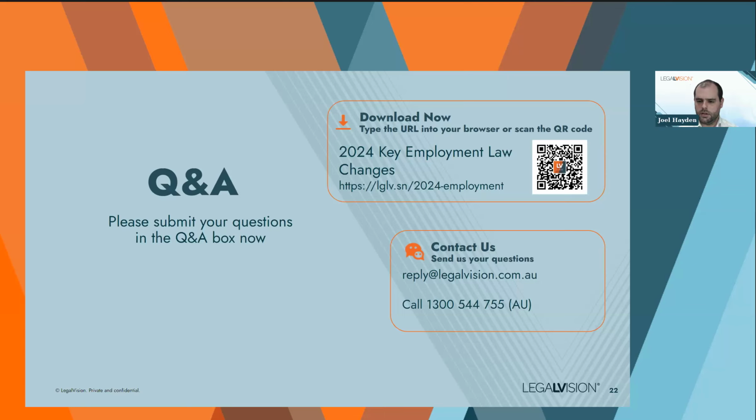Yeah, absolutely. We've got a question about the timing of those new obligations around the casual employment information statement and when that commences. That obligation is live now, and the actual need and the timing based on the 6 months, 12 months commencement, etc. is time from the commencement of employment, not from the commencement of the obligation. So just keep that in mind. We're looking at employment. That obligation is now live.